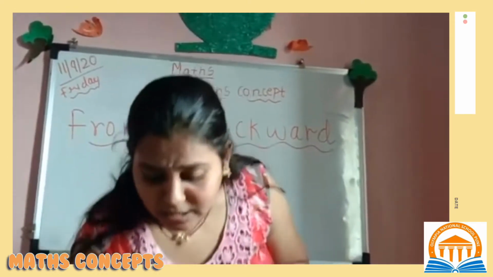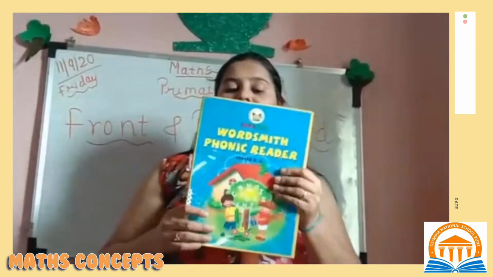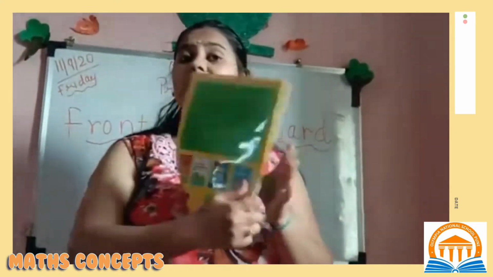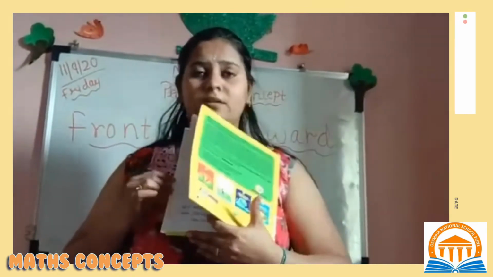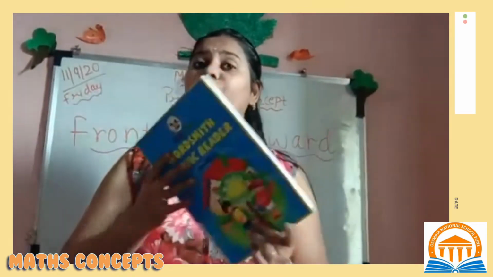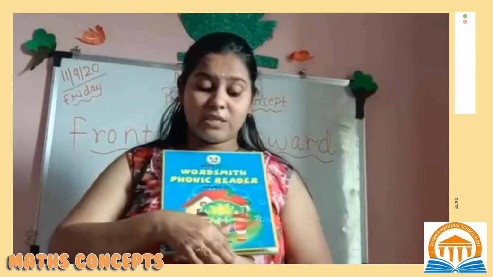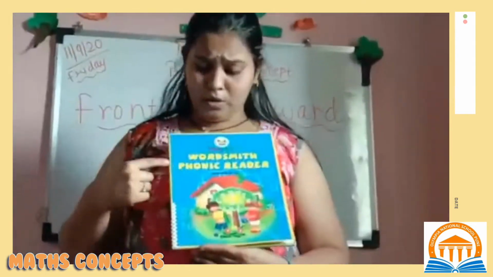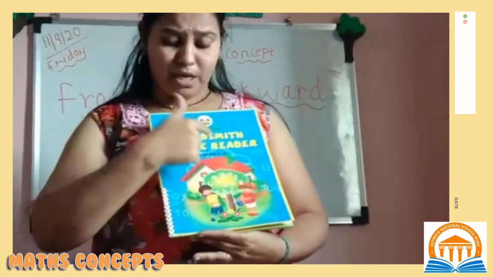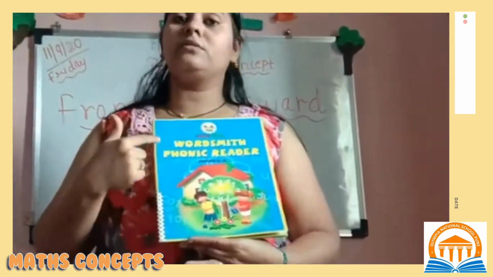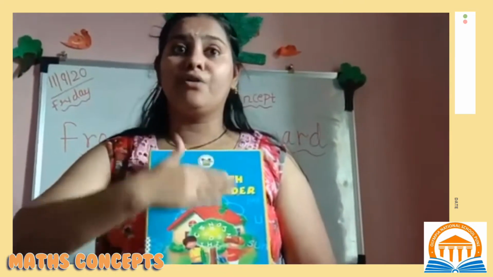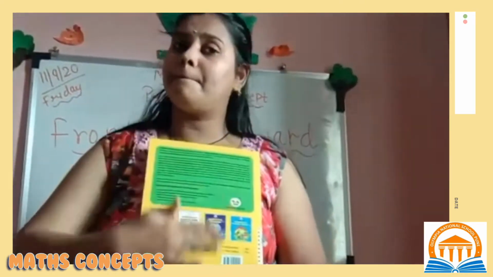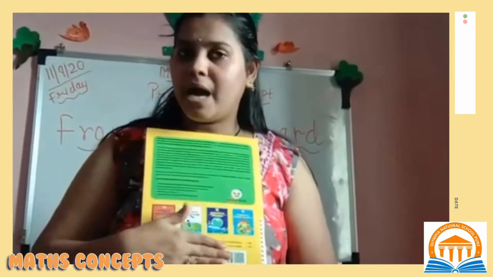Now we'll take another book also. In this book, right? Front side. Can we read the book like that? Are we reading the book like that? Like that? No. We read a book from the front page, right? From the start onwards. Here you can see the words Make, Phonics, Reader. This is the front side of the book. Now if I turn it, this will be the back side. This is the back side.